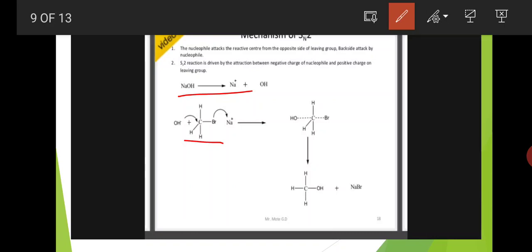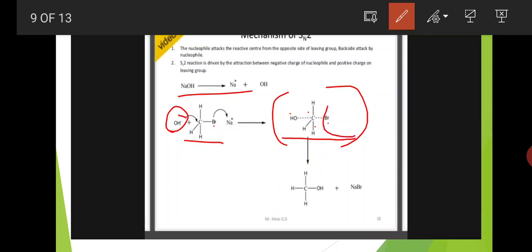Okay, first the nucleophile attacks the alkyl halide from the back side, because on the front side the bulky bromine group is already there. So a front attack is not possible; only the nucleophile OH minus attacks the alkyl halide from the back side. Okay, here this is the reaction intermediate of the SN2 reaction. Here between carbon and bromine is the indication of bond breakage, and between carbon and the hydroxy group is the indication of bond formation. This is the intermediate of the SN2 reaction.